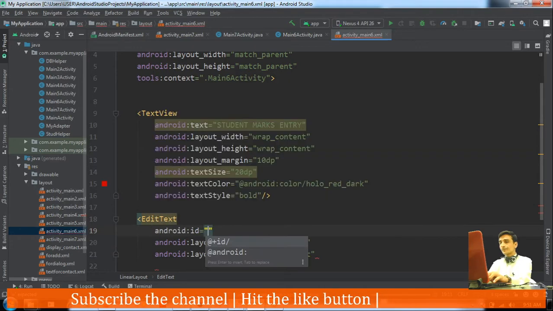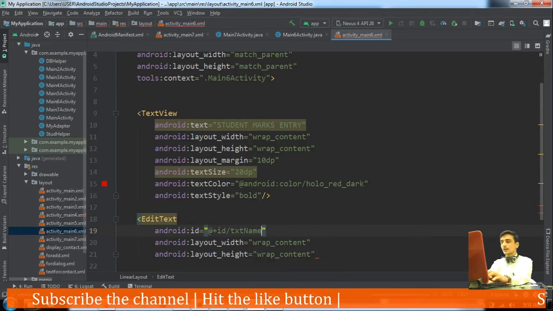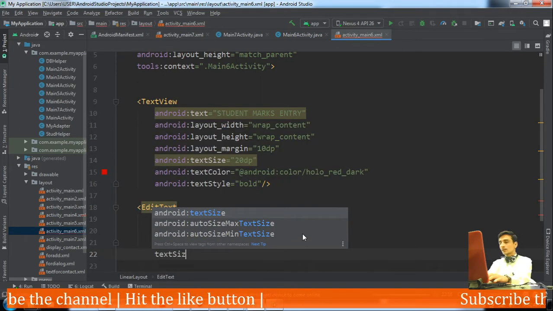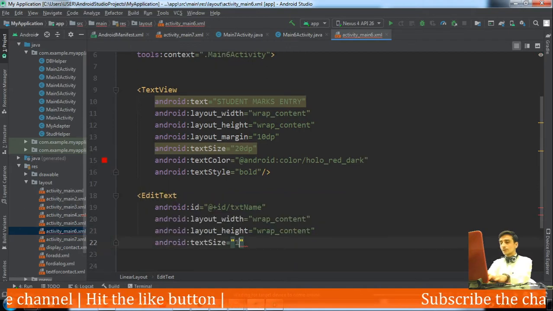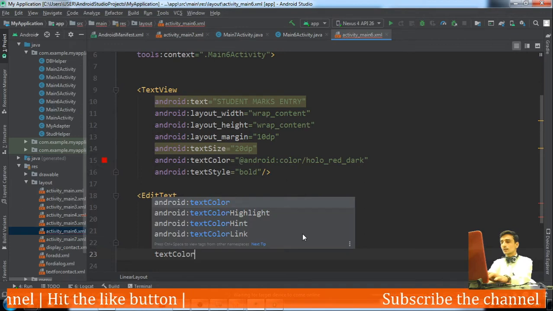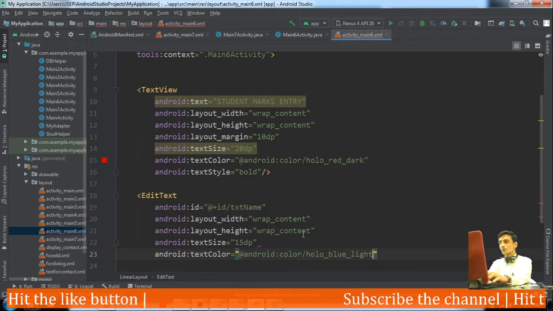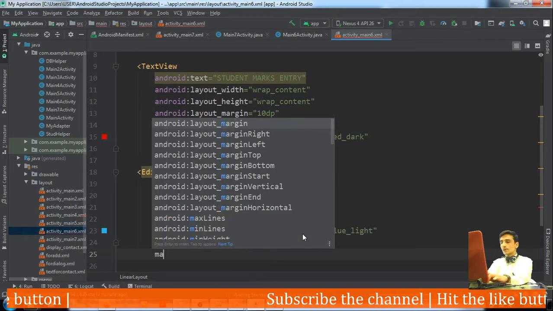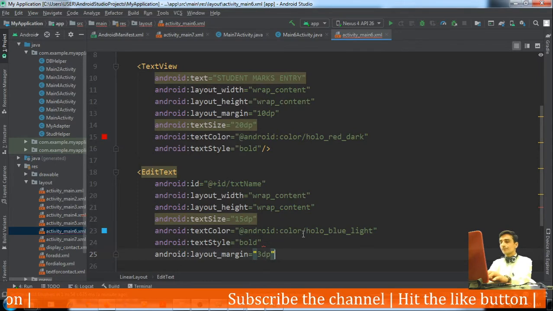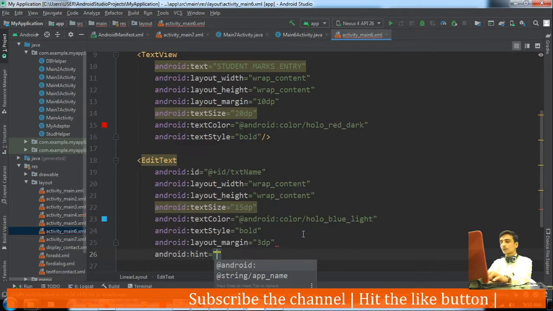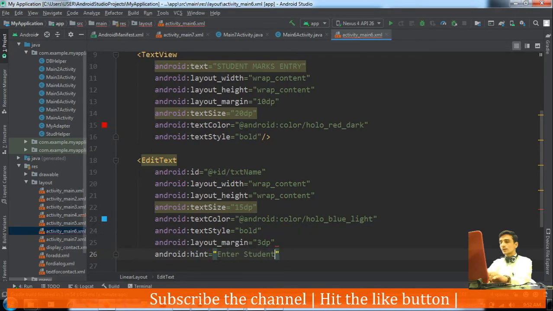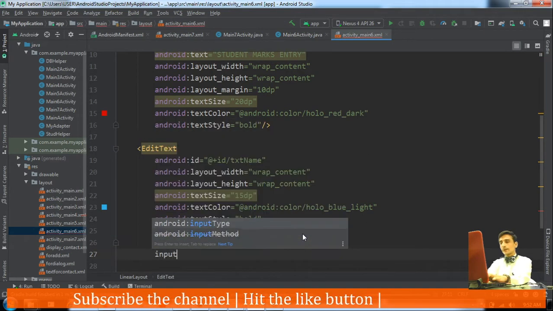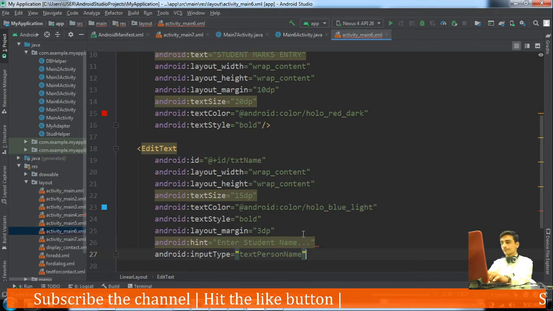I would give the id txt name, then text size 15 dp, text color blue, then text style bold, margin 3 dp, then hint enter student name, and input type is equal to person name.